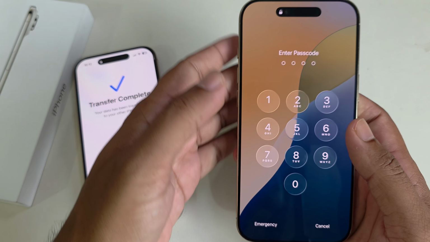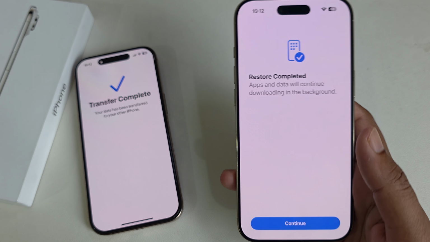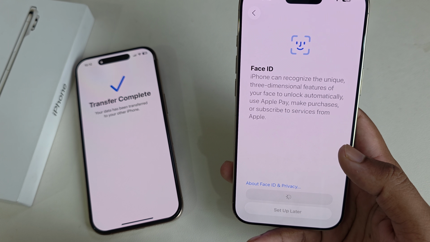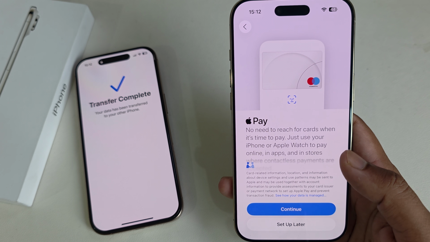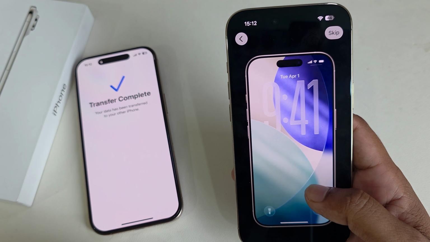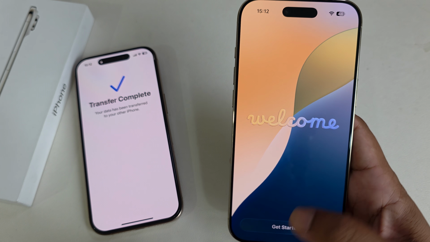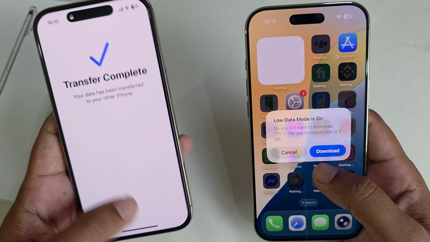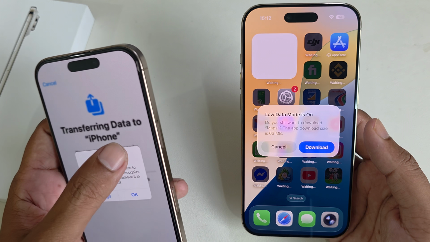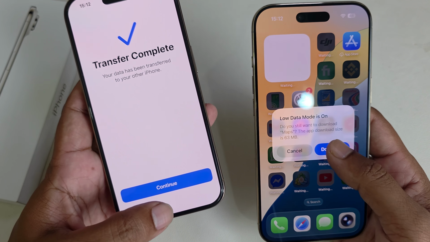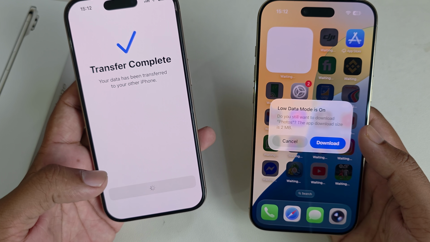Just enter your passcode, then restore complete, press on continue, and set up later, and set up later, skip, continue, and get started. Now your phone is fully like your old iPhone. Press on OK, continue,